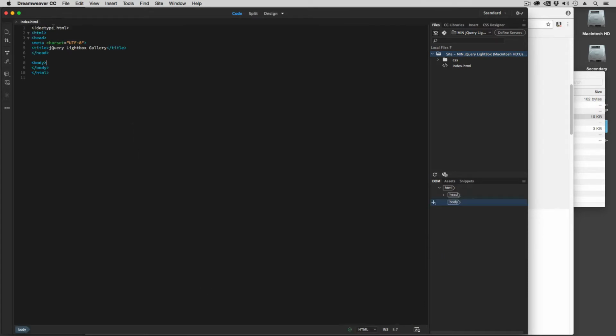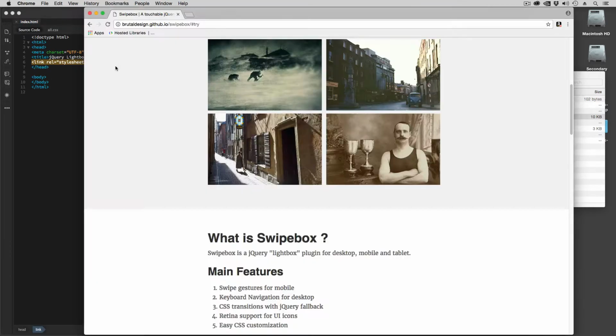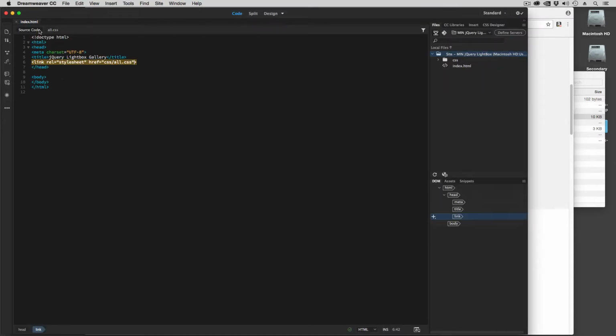Then you can close this tab, and remember, come back underneath the title, just type link, tab, gets you right in there, CSS/all.css. Save it. Command tab out, command tab in. See, good link. So this is also going to be using jQuery, so we obviously need the jQuery